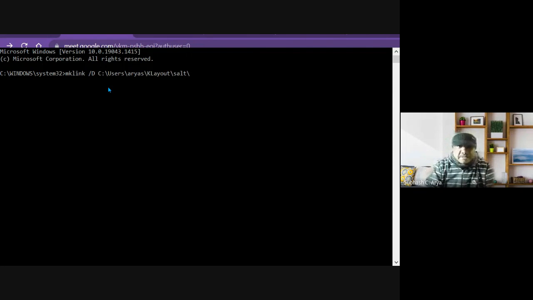Now after that I have to write SciEpic underscore EB underscore PDK to create a folder in that salt folder. Now after this space, I will copy and paste the link of the Klayout config file, which is available in another GitHub folder.